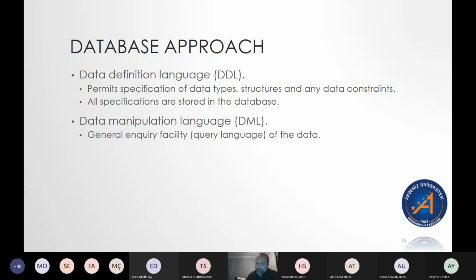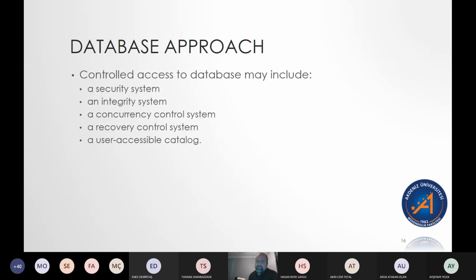So some points of what we might want to have as part of our database approach is that we want to make sure that we have security. We want to make sure that we have an integrity system. Integrity is basically making sure that there are certain aspects of the data that